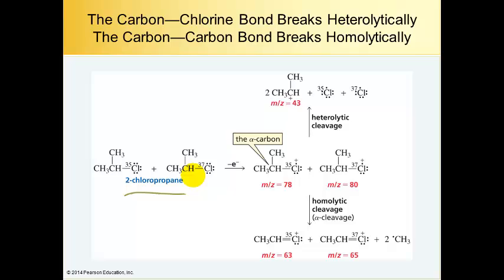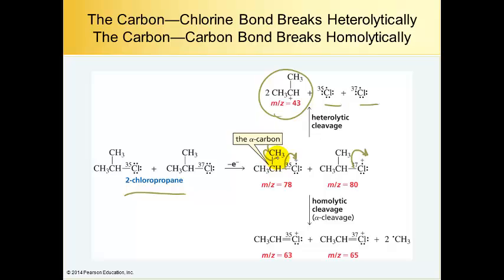So if you have 2-chloropropane, the chlorine breaks off very easily, and we just have both electrons go on to the chlorine, both in the case of the 35 molecular weight chlorine and 37, giving us mass-to-charge 43, a secondary carbocation, and Cl35, Cl37. However, when we break off the carbon, what happens is one of the electrons goes on the carbon here,